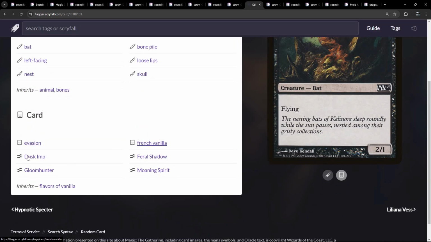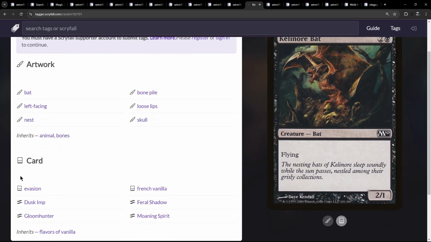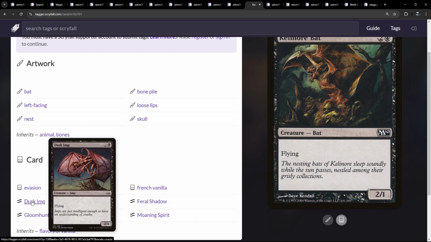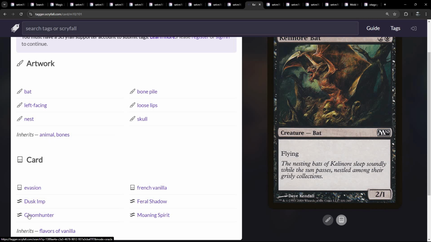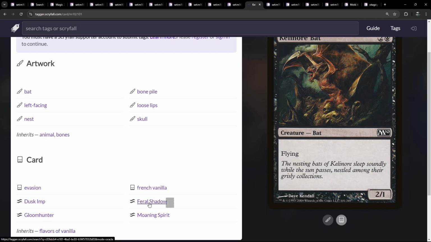Okay, so evasion French vanilla, but so yeah, similar cards. I suspect a few of these are going to be functional reprints. We'll see. So Dusk Imp, yeah, definitely. 2/1 with flying for 2 and a black. Gloom Hunter, 2 and a black, 2/1 flying. Feral Shadow,